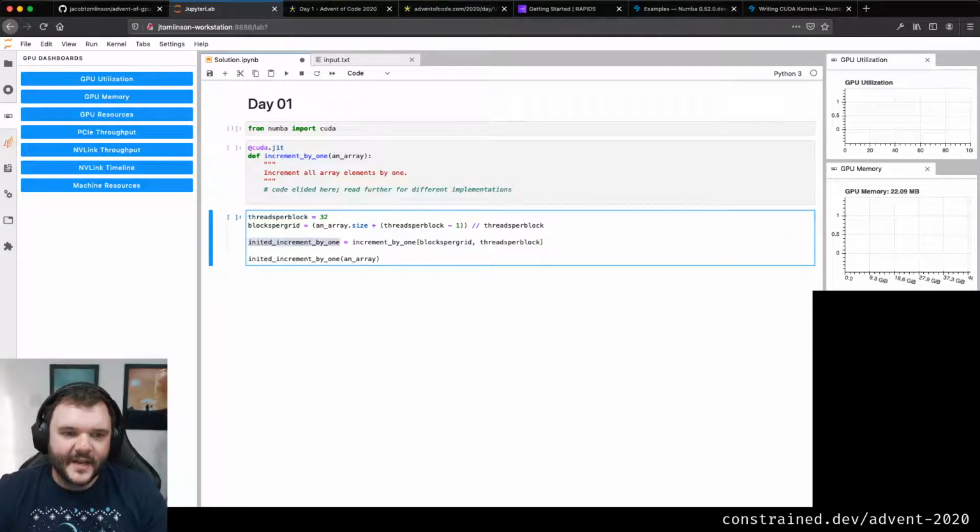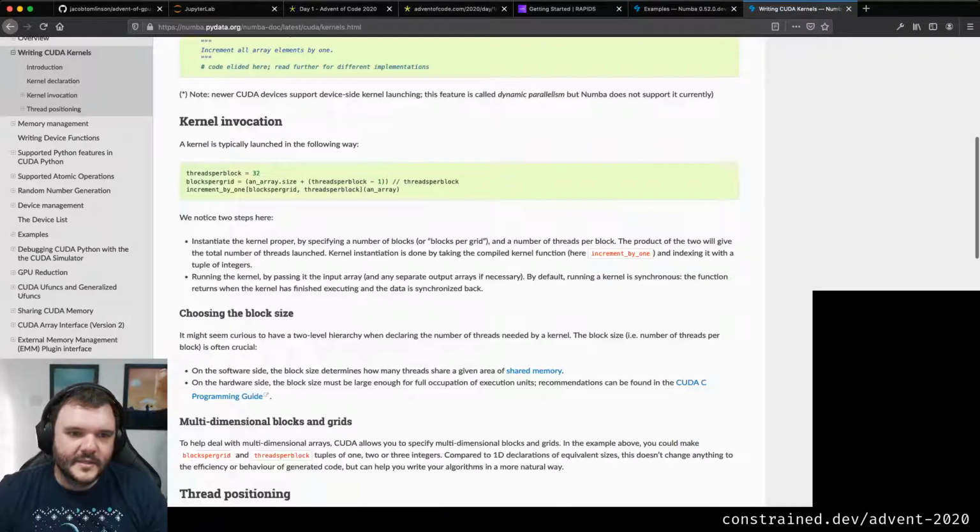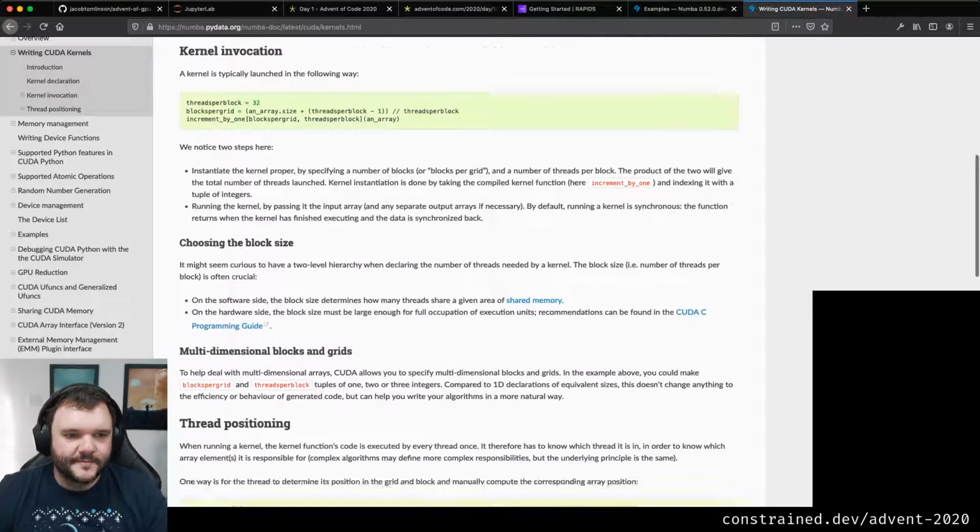And then once we've initialized our function, we can then call it. And this is just an extra step that has to be done for GPU things. But often you'll see the syntax where it's all done in one go. You have your function, you initialize it with your square brackets, and then you call it immediately. So yeah, we have to instantiate rather than do that. But then running it is just like calling a function.